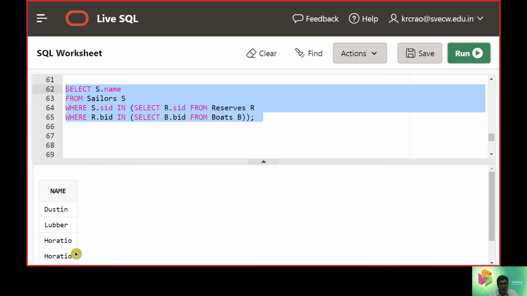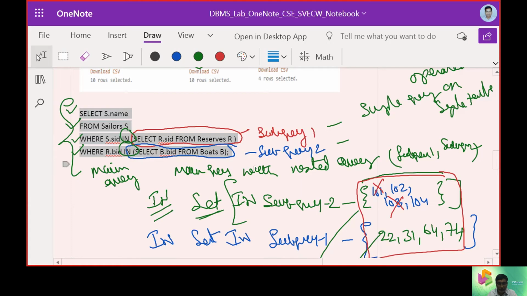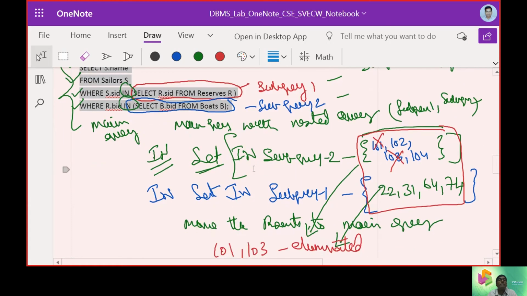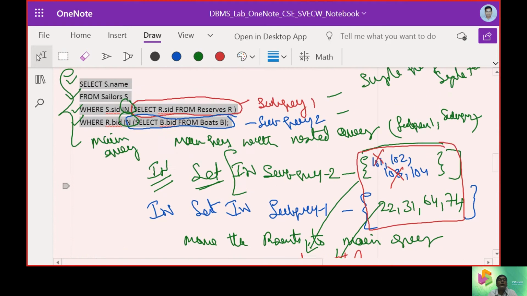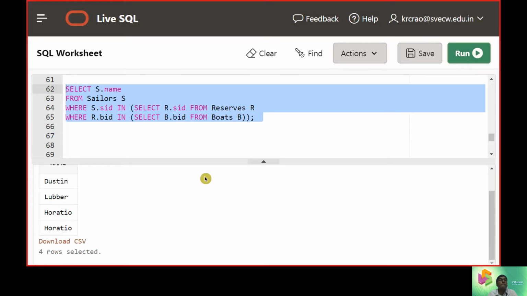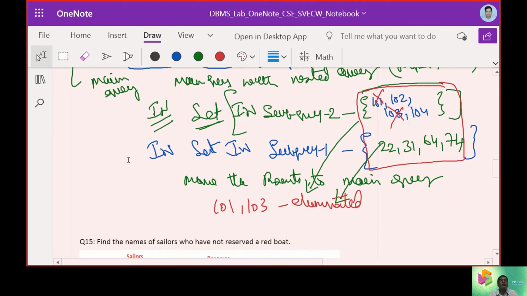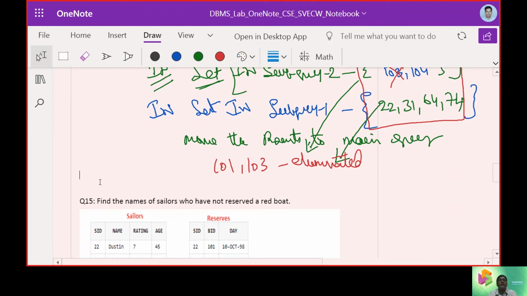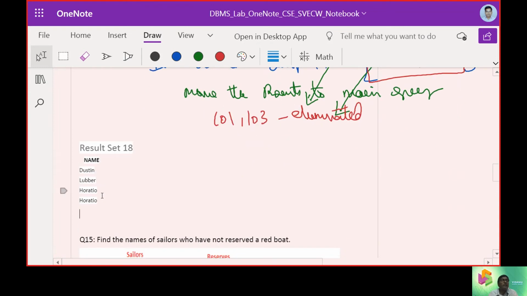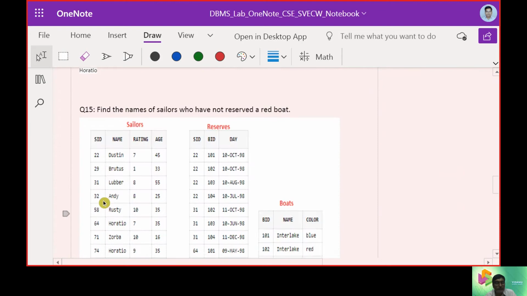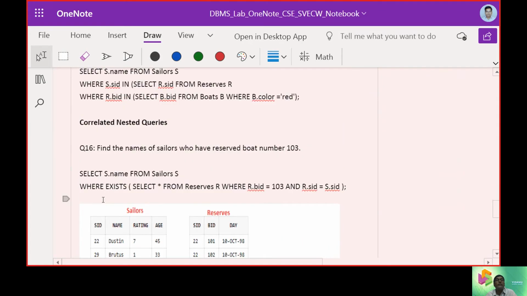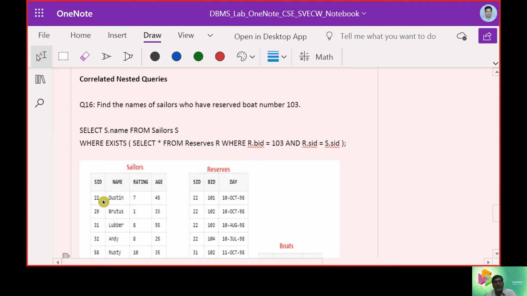One Horatio with 64 and another with 74 values are printed as of now. So we get the answers: Dustin, Lubber, Horatio, and Horatio. That is how we will work with the nested query.